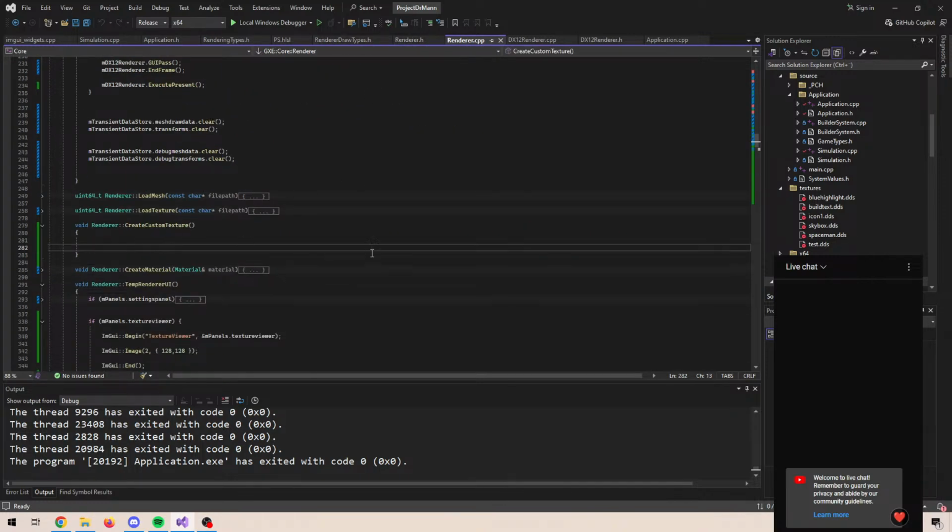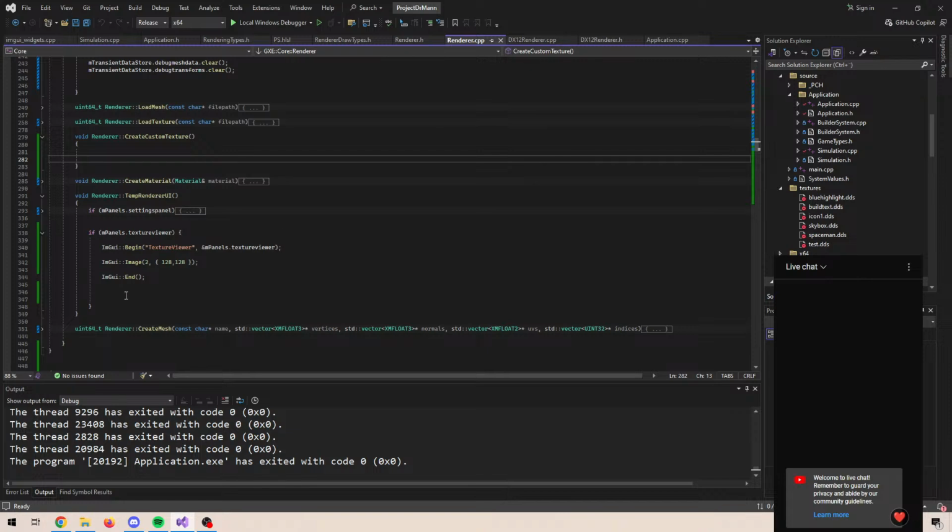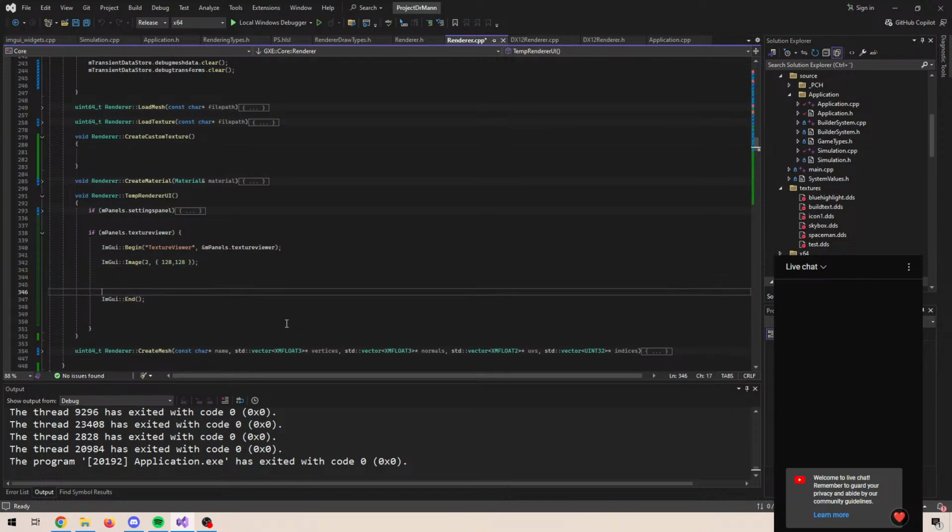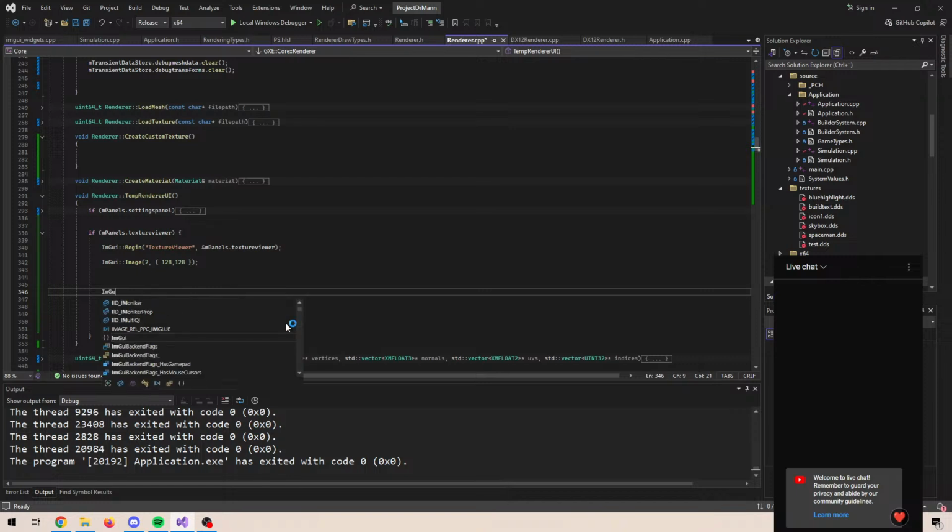So create custom texture. Let's do something like ImGUI button